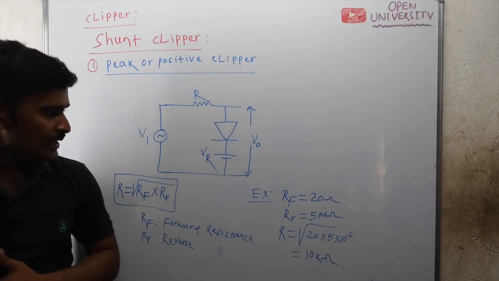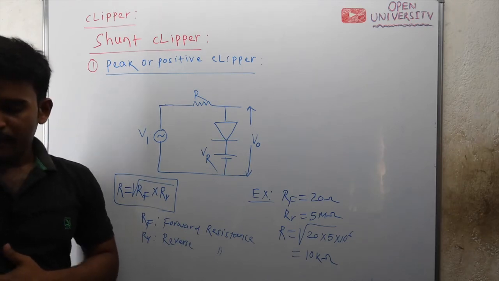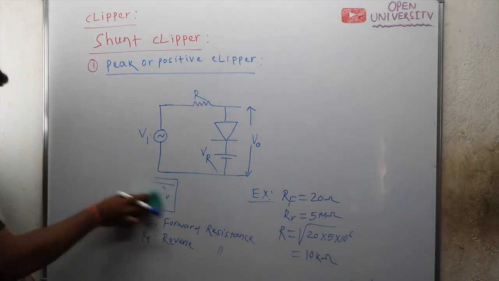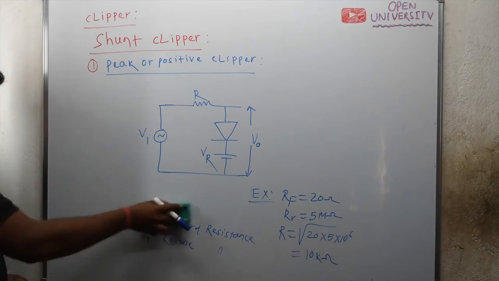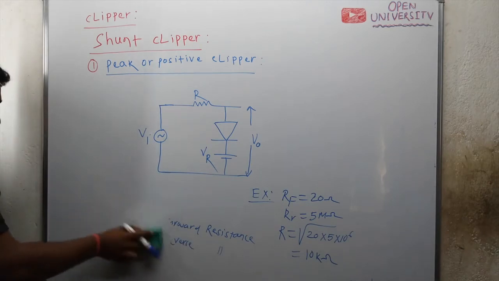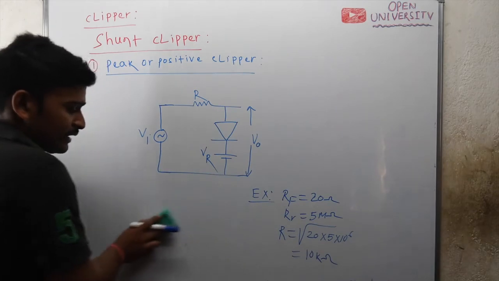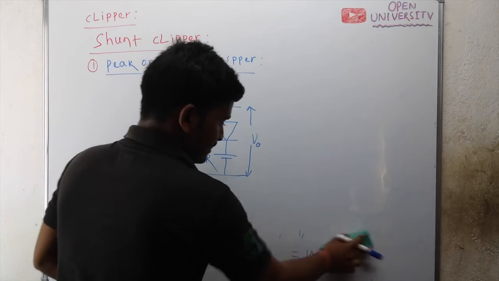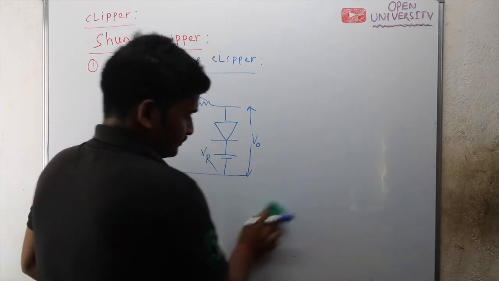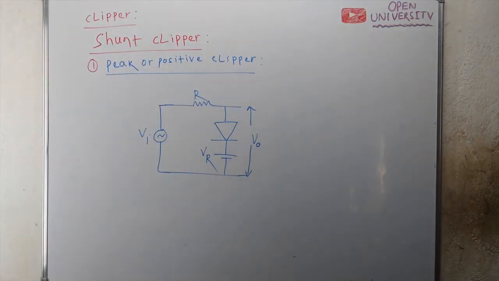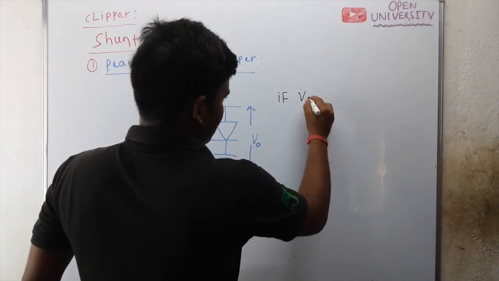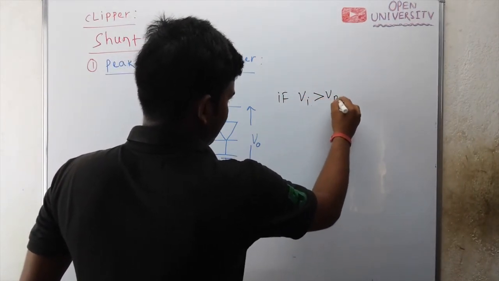Now let's understand the operation of this peak clipper. I said that it will remove that part of the signal which lies above the reference voltage. Let's understand the circuit operation. Now, if the input voltage is greater than the reference voltage,